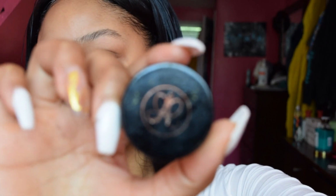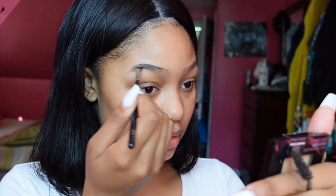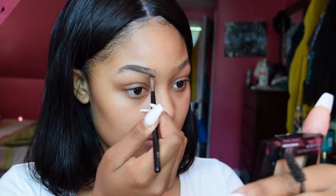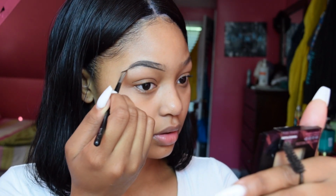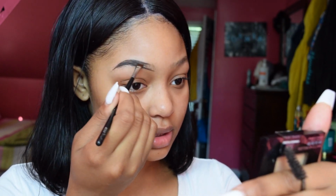Okay, so first things first, I'm going to start off with my brows, as you can see, and I'm going to be using the Anastasia Beverly Hills Dipbrow Pomade. As you can see, I'm just filling in. My brows are super thin. I don't have Kardashian brows where I can just, you know,